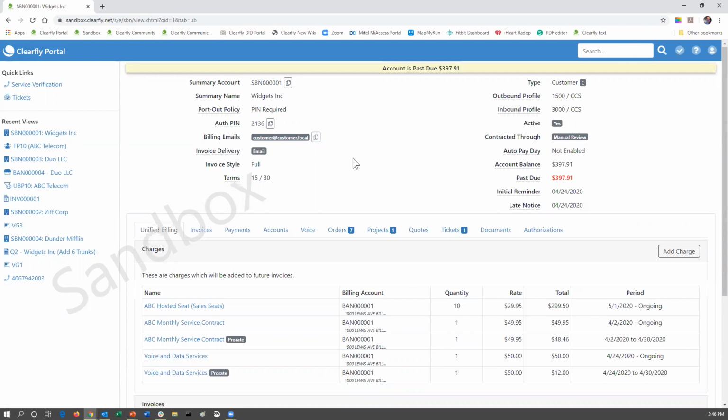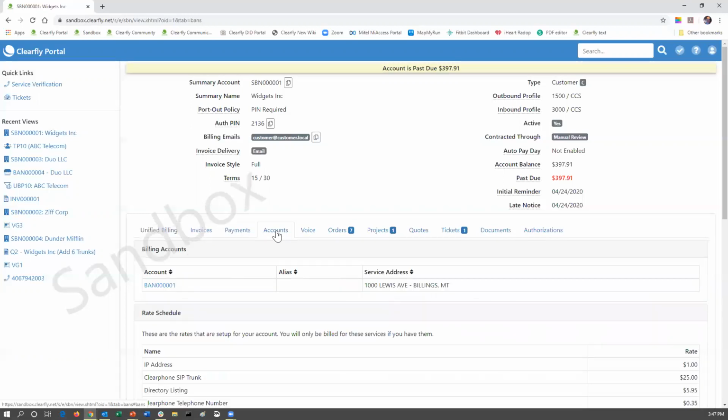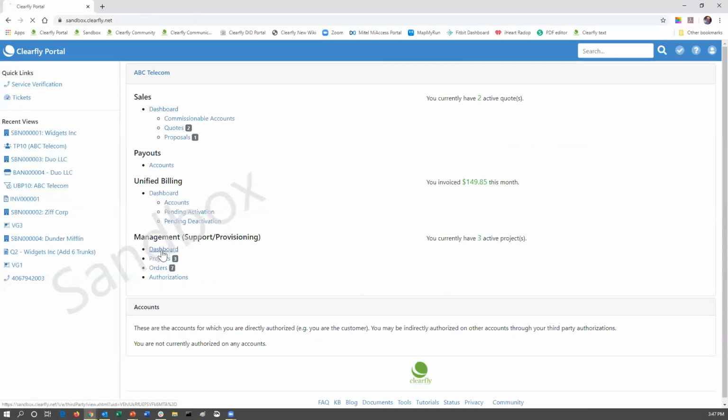So if you have a question regarding, or you need to open up a ticket, excuse me, to add a product or service, what you're going to want to do is you're going to want to go to the Accounts tab. All right, most customers have a single BAN or billing account or address. If we were to look at Duo, for example,